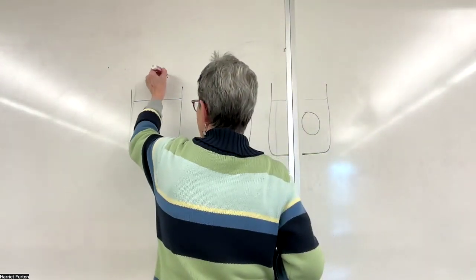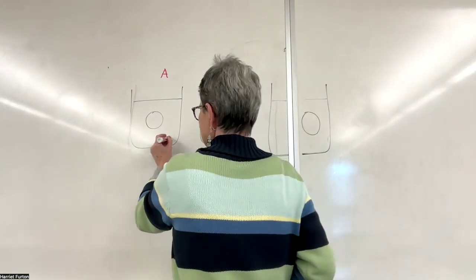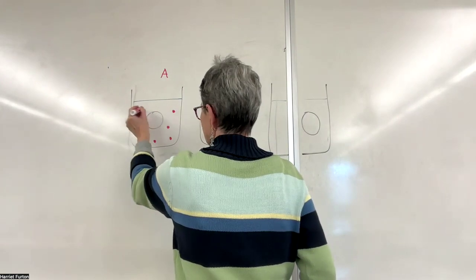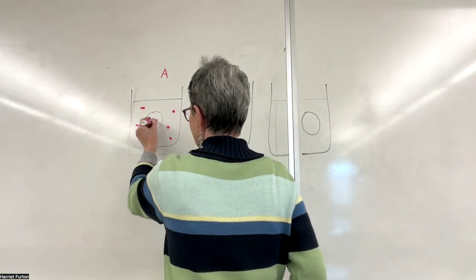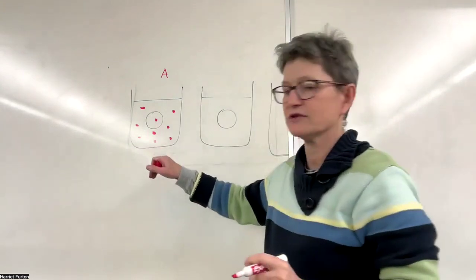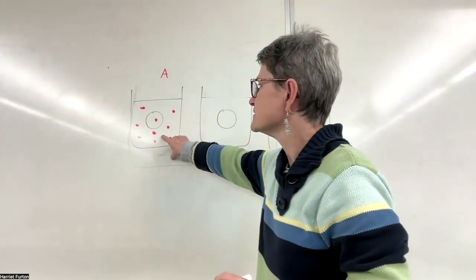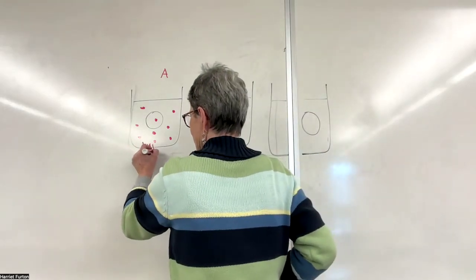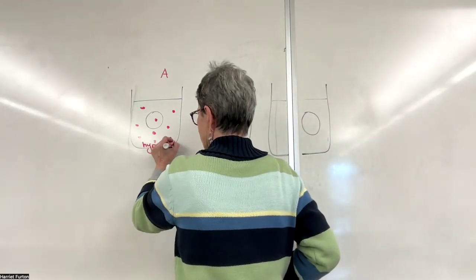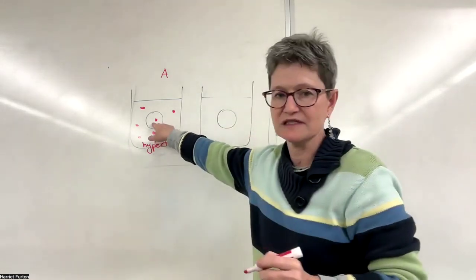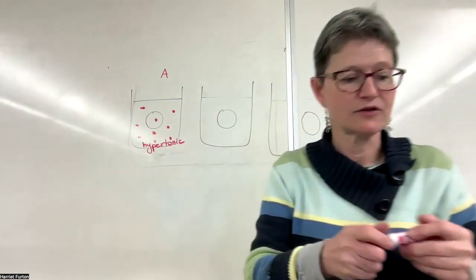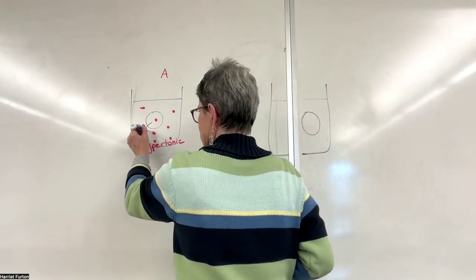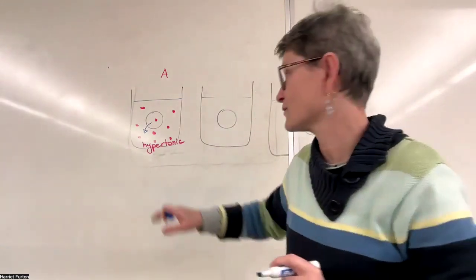In a scenario, let's say we have tons of solutes outside and only one solute inside. We can say that the outside is hypertonic relative to the cell. And in this case, the water will move out from the cell